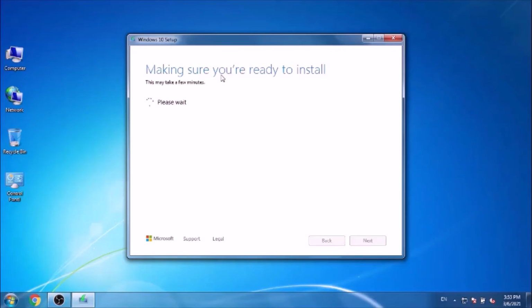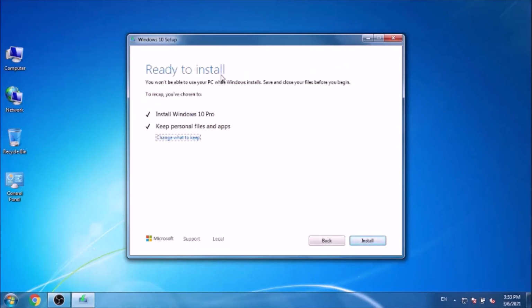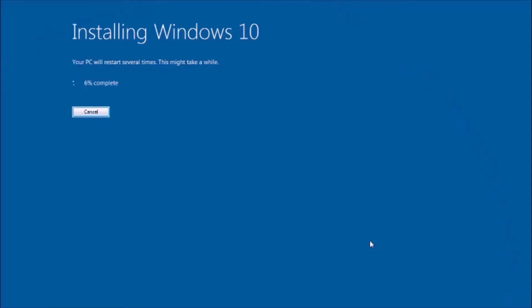Then it will check. Now it's checking that there is enough space to install. Now another window, ready to install. Click next. It's installing now.